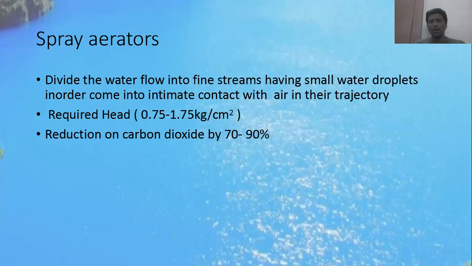Next, by using the spray aerators, what are the advantages that you're going to get? The answer is the reduction of carbon dioxide compared to the cascade. Here in the spray type of aerator, you can reduce it by 70 to 90%. This is one of the important aspects we come across by using spray aerators. However, technical skilled labor is required in order to maintain the operation facilities of the spray